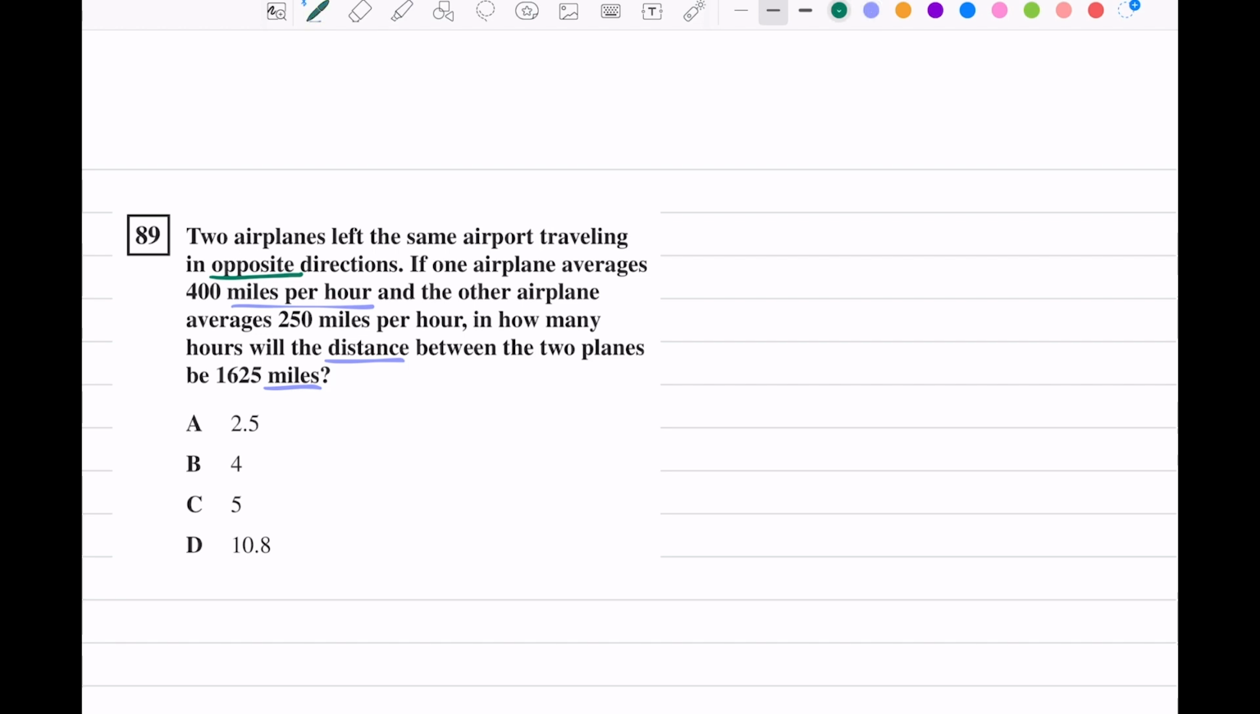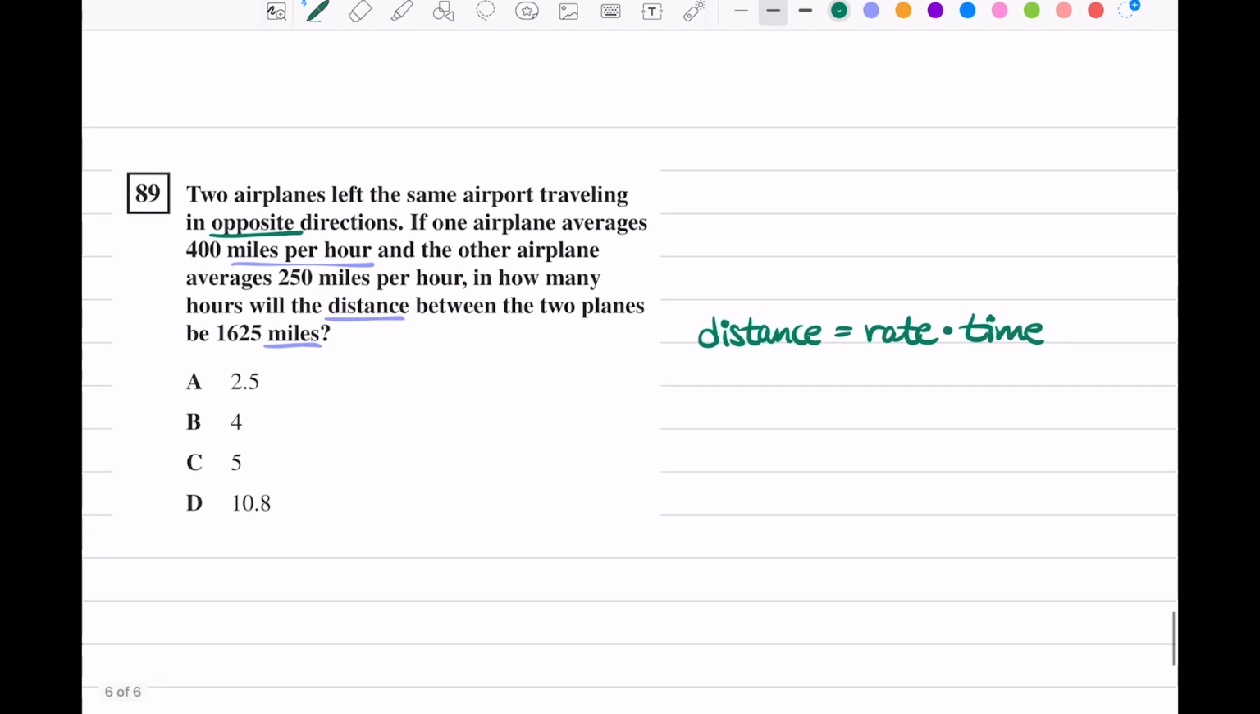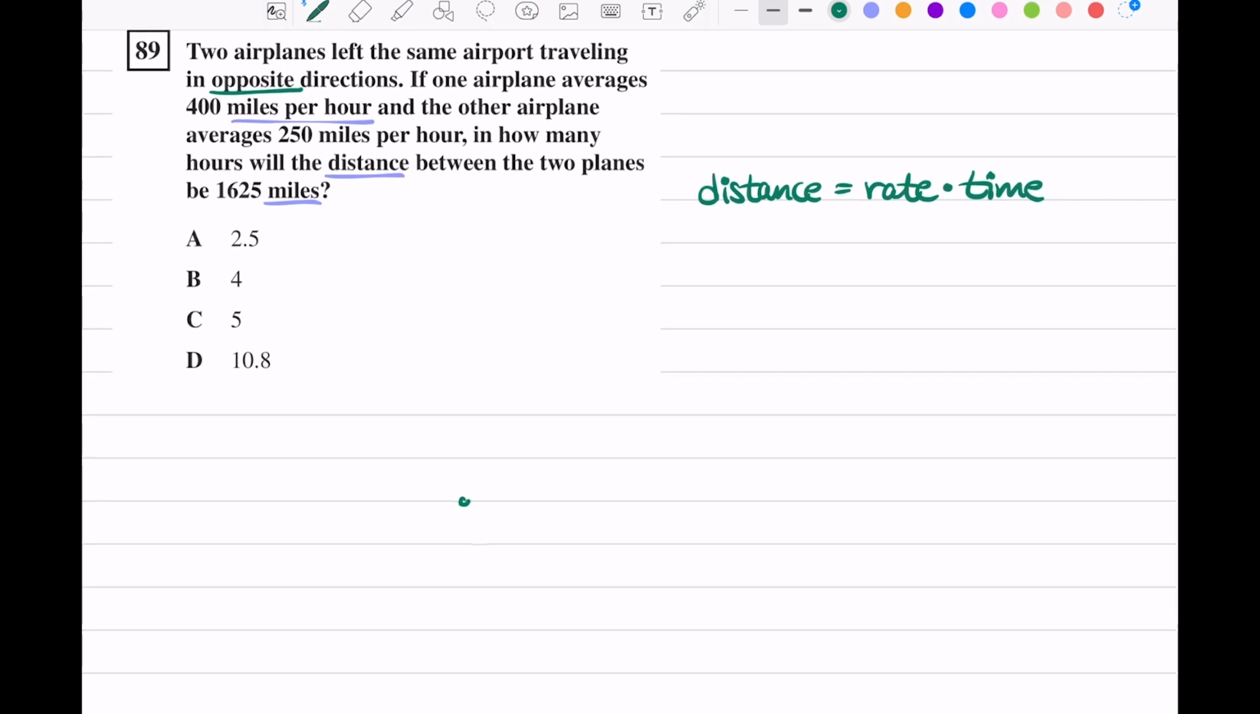All right, you might see some keywords in here like distance, miles per hour, miles. So most likely we're going to need our formula. Distance equals rate times time. Let's try to visualize this problem. So we have an airport,